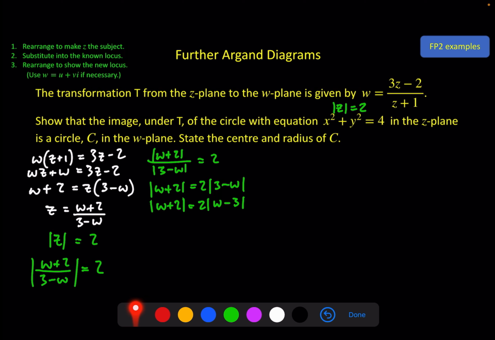But be careful, do not use the letters x and y for this w complex number. X and y relate to z, and we've already used them here. When you do this for w, it's all exactly the same, but just use, instead of x and y, u and v. But it is the same process. So we've got u plus vi, collect real and imaginary parts,